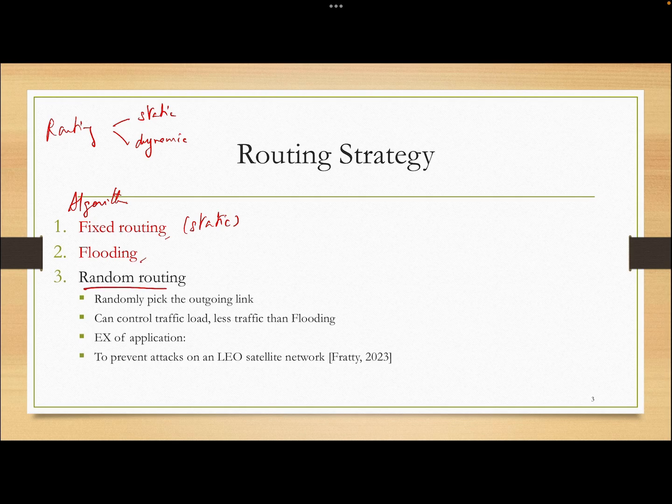The third one is random routing. You may wonder why we should select at random, but some do use it. In this case, the node will randomly pick the outgoing link. You may have the same probability of going into any outgoing link except the one that it received the packet from. So if you have many